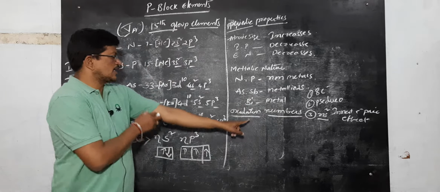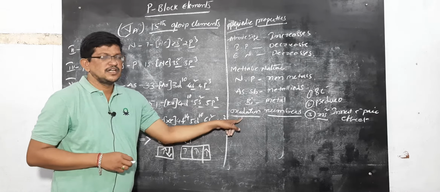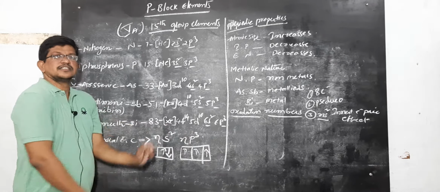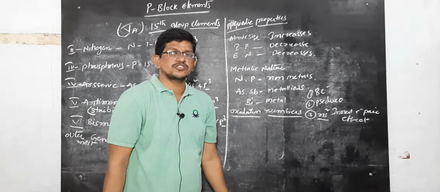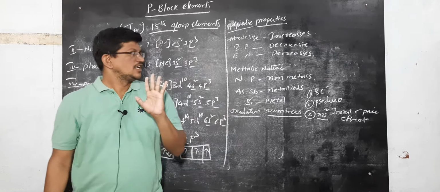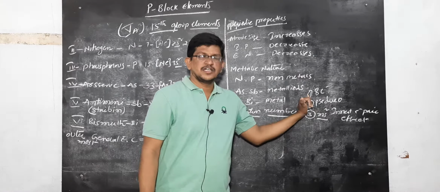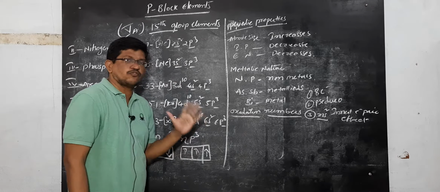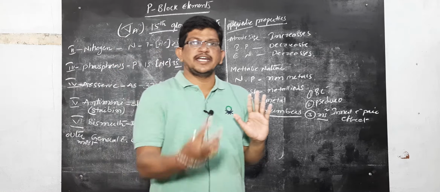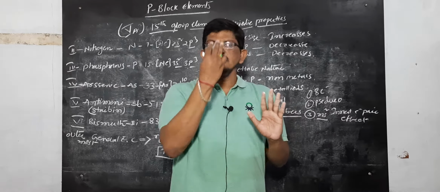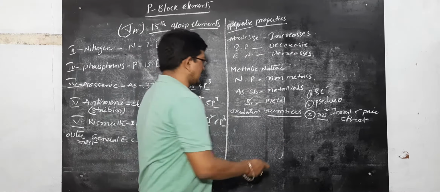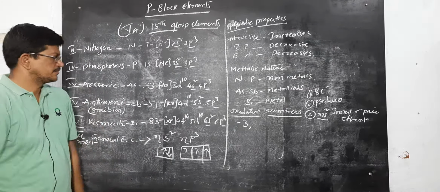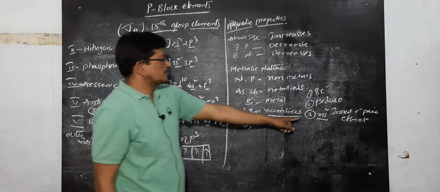So here we come to the oxidation numbers of these elements. Their outermost electron configuration is Ns2 Np3. How many electrons do they have in the outermost orbit? 5. Coming to the first rule: if 8 electrons, they have stability. But here they have 5, so how many electrons do they require? 3. So they have to gain 3 electrons. If they gain 3 electrons, then the oxidation number is -3. Very good.